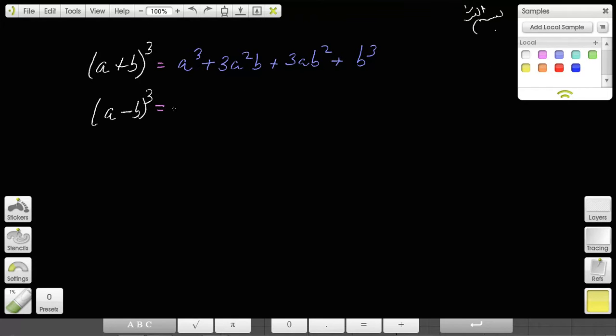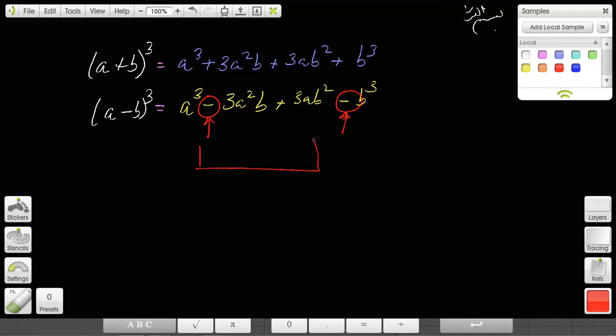And the cube of a binomial subtracted like this is a cubed minus the same thing as this, except that there's a negative sign at both ends. It's like bookends, so to speak. 3a squared b plus 3ab squared minus b cubed. So these two negative signs, you wonder where those negative signs go. They go at the ends, not in the middle. So they're like bookends. If you have books on a shelf, you have those bookends on each side, on the ends over there. So those are the two formulas that